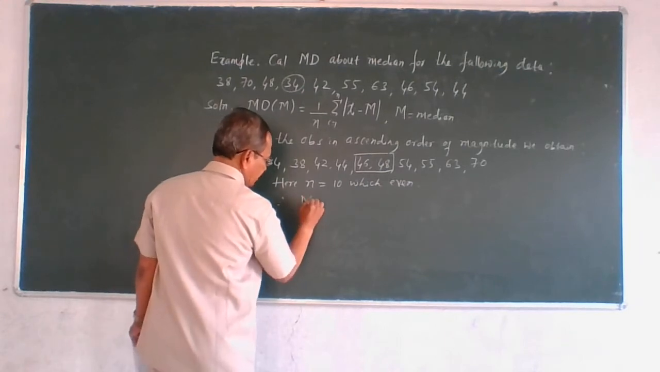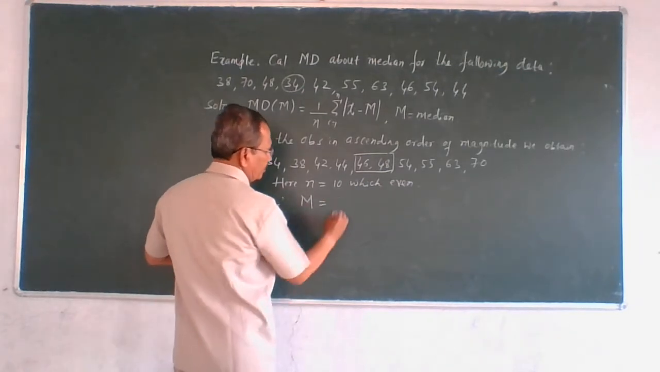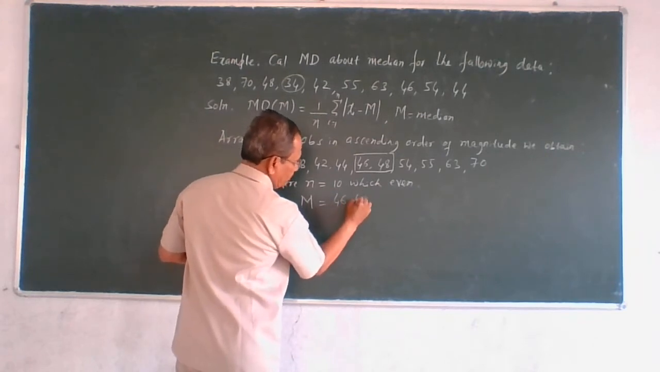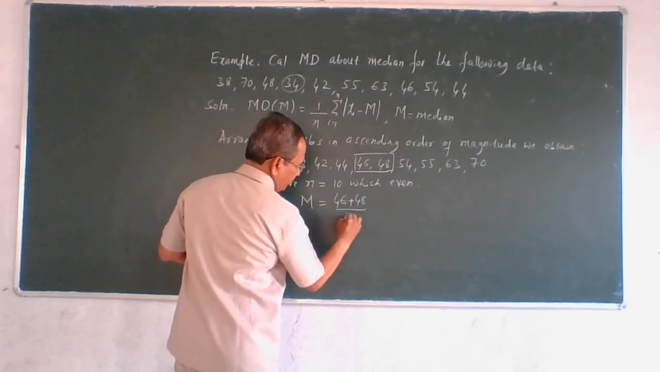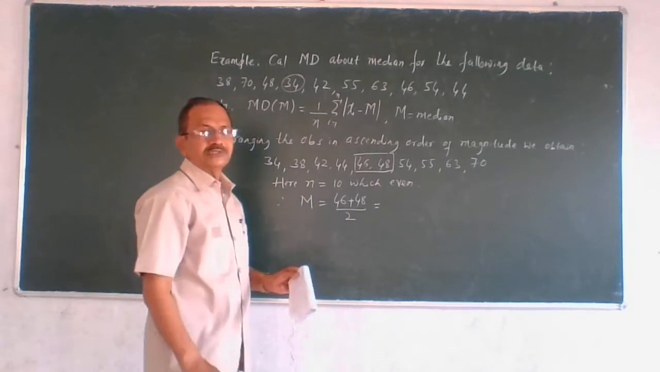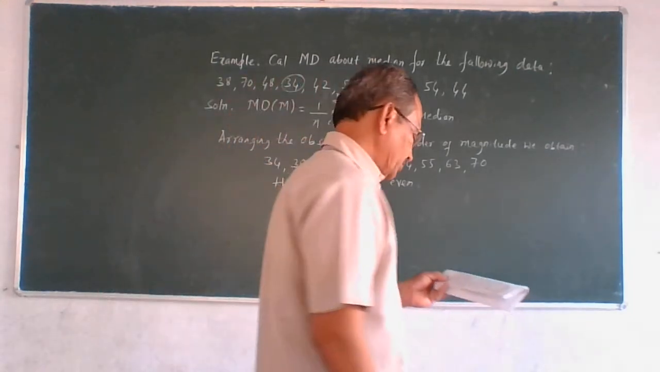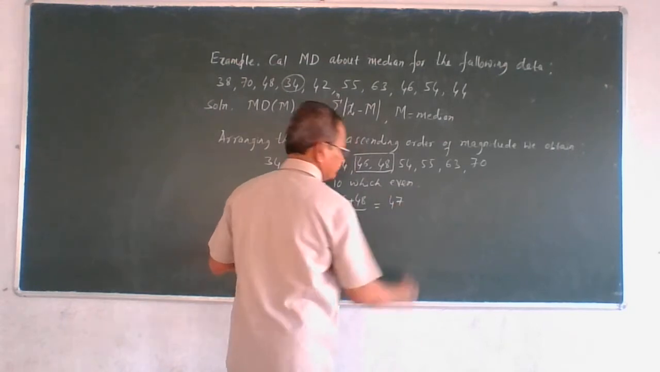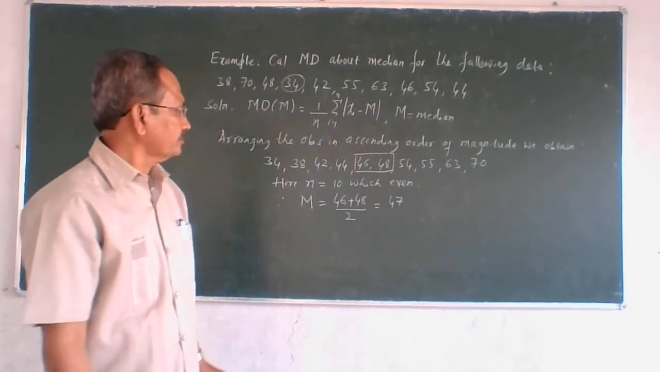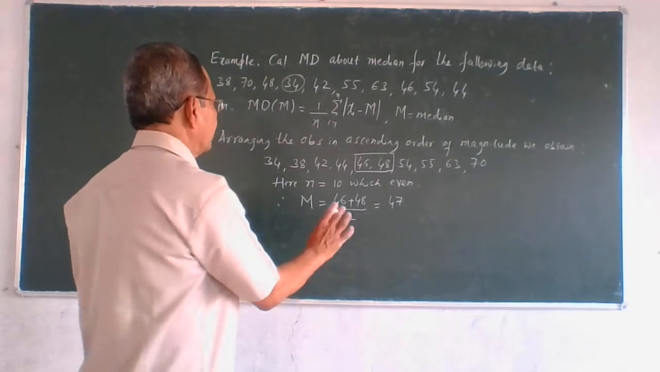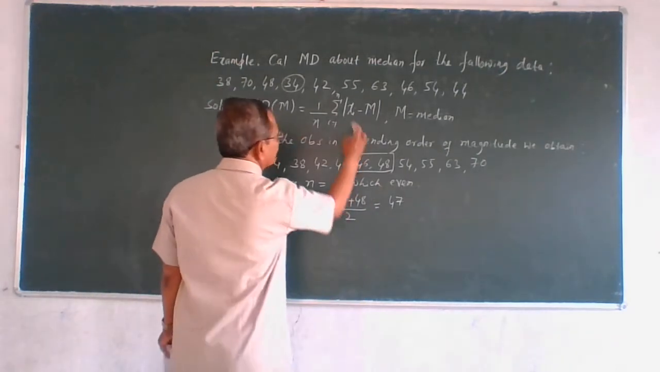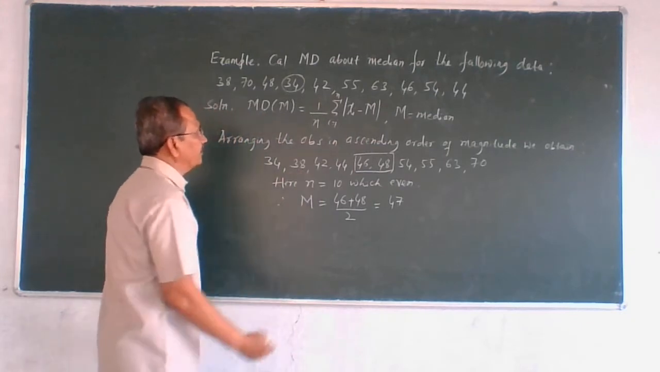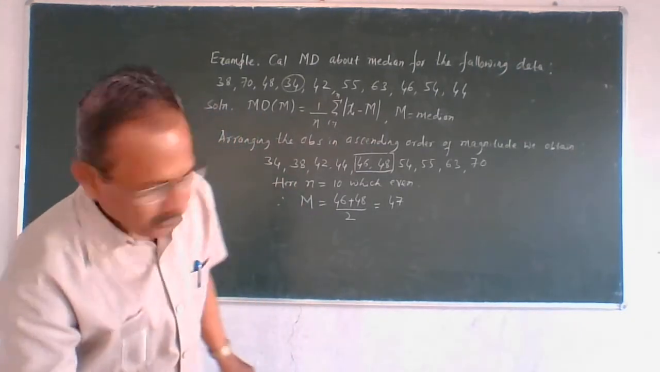Therefore capital M means median. Median is equal to 46 plus 48 divided by 2. This is the median. So this is equal to 47. Average is 47. 47 is the median. So after calculating the median, we have to calculate xi minus m. So we require the table. So the required table is